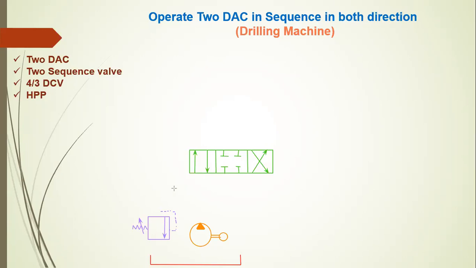One side is given as operated by spring. As per the explanation, the other side can be operated by any pilot condition, solenoid operated, foot operated, or cam or follower operated; we can follow that condition. Here I give one side operated by spring and the secondary side cam or follower operated. Is the drawing completed for the 4 by 3 direction control valve.